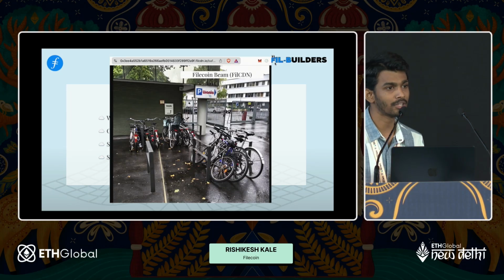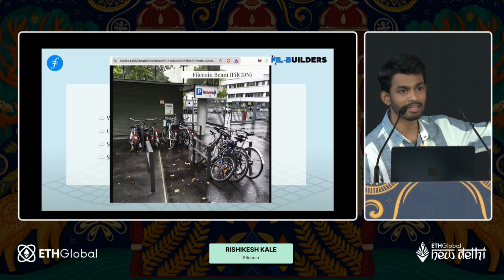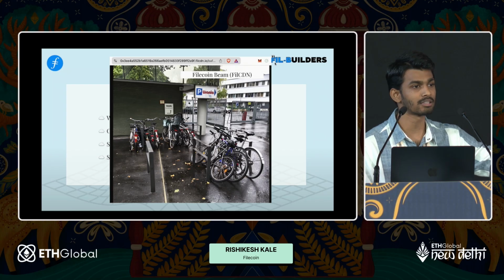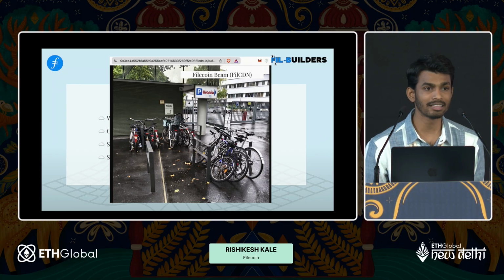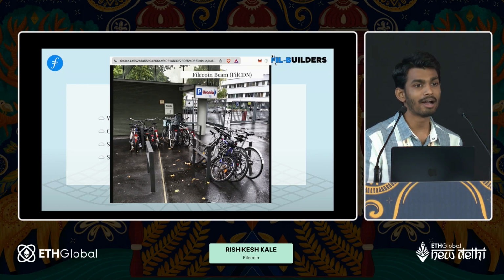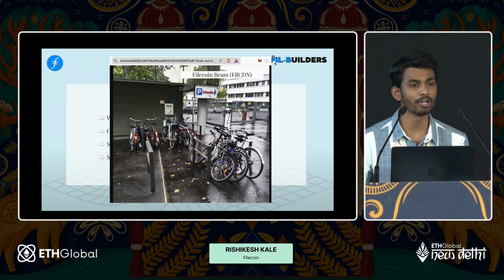Now this is one of the images stored on Filecoin CDN. If you see, there's a hash value and a domain that turns out to be the Filecoin CDN.io, and lastly there are abstract letters like BAF followed by a series of letters, which is nothing but the content identifier for your file. You would be able to see the cryptographic proof attached with the content identifier, and that's truly verifiable storage, completely on-chain with Filecoin Onchain Cloud services.